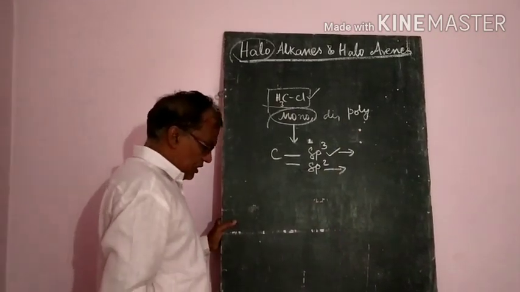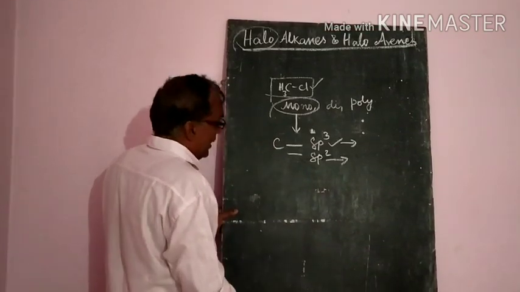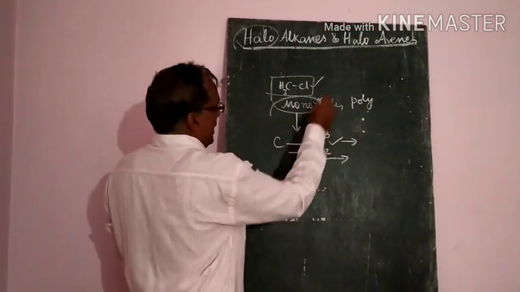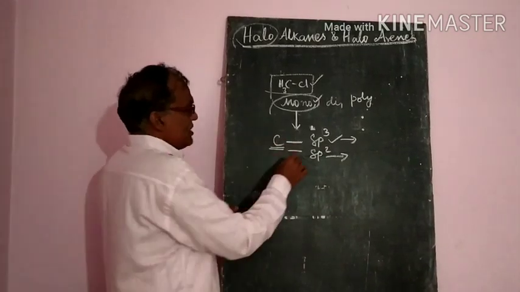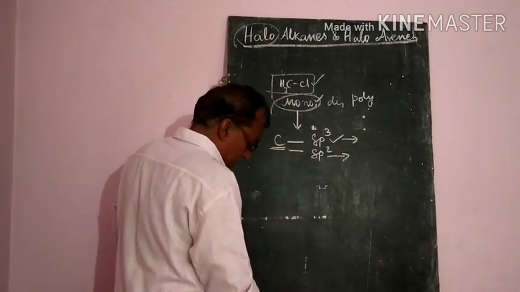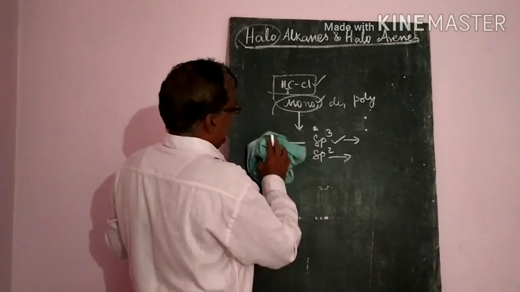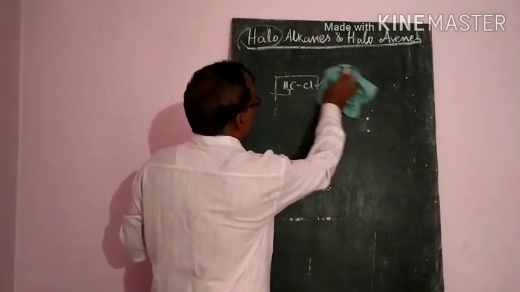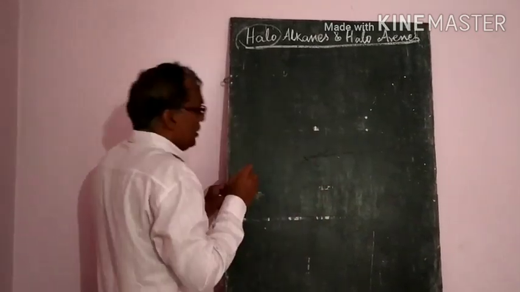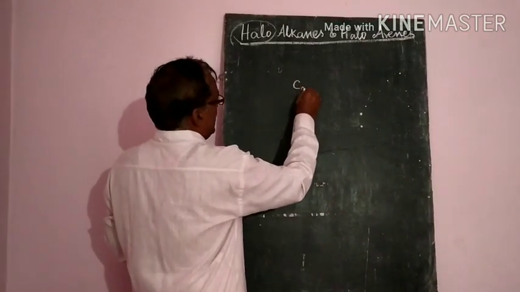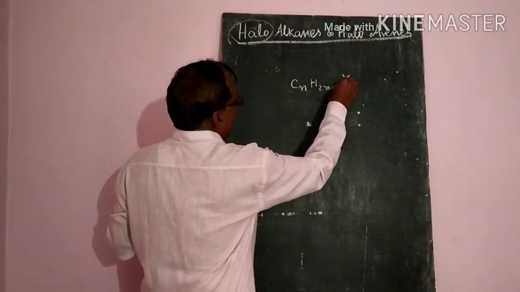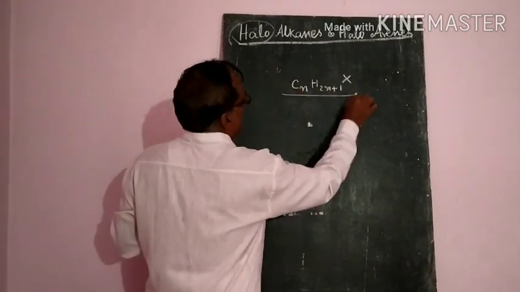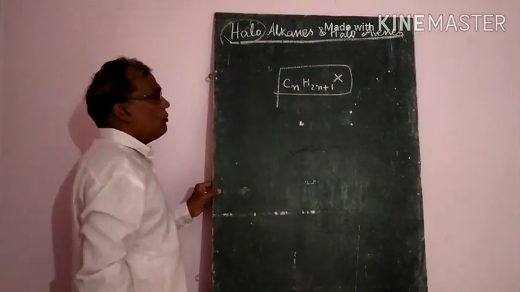So that is the most important. Again, monohalogen compounds are classified according to the carbon atom where the halogen atom is attached. First, the sp3 hybridized carbon atom. Before going to this classification, let us see the alkyl halides, that is CnH2n+1 and a halogen atom. These compounds also form a homologous series.